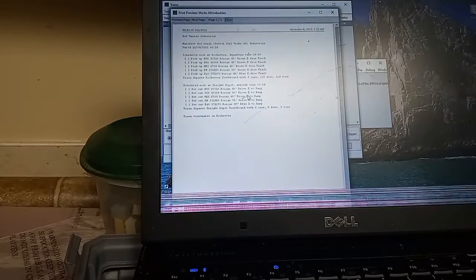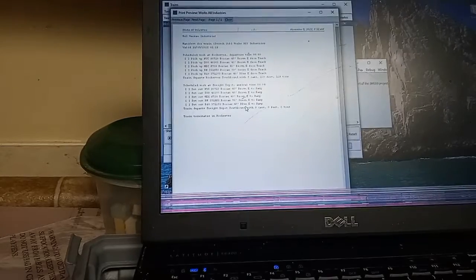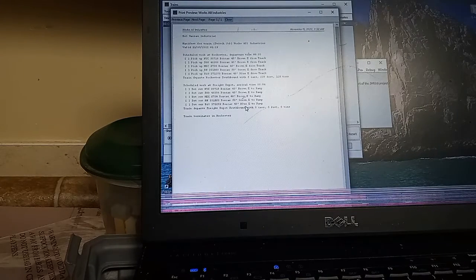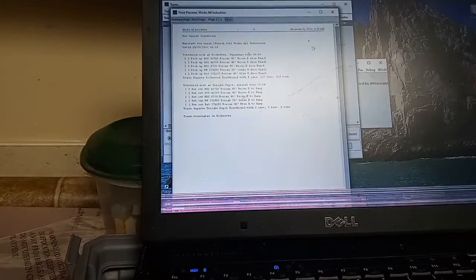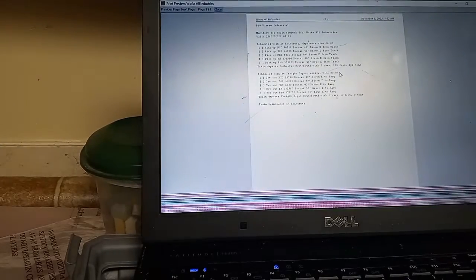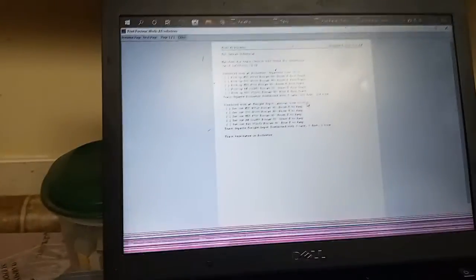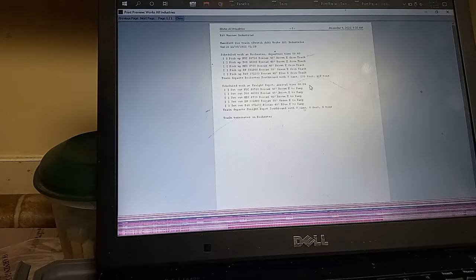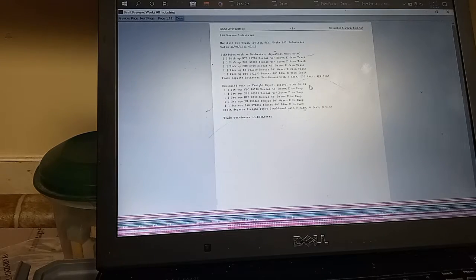It doesn't say track. All right then. We have our switch list. Can we blow this up? Not really. We have the Warsaw B&O Warsaw Industrial Manifest for Train Switch Job Works All Industries, valid 11/05/2022 at 1:29 a.m. Scheduled work at Rochester, departure time 000,